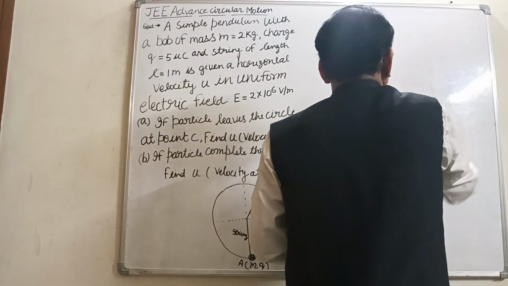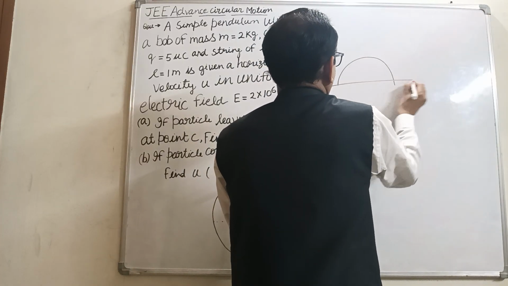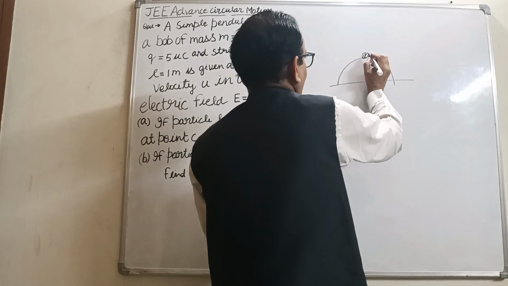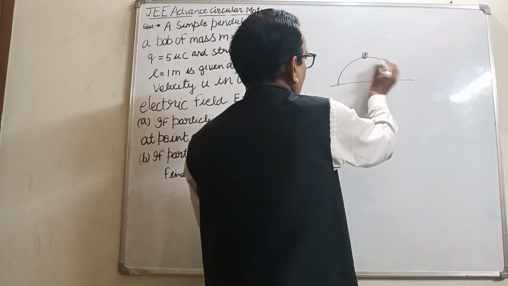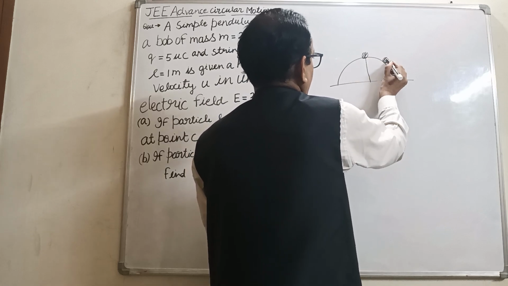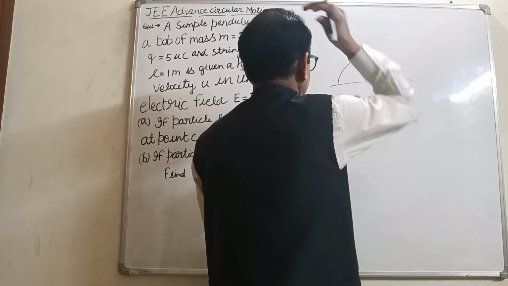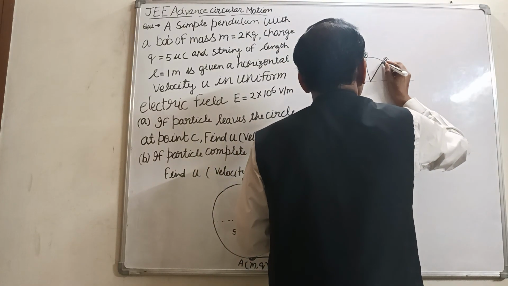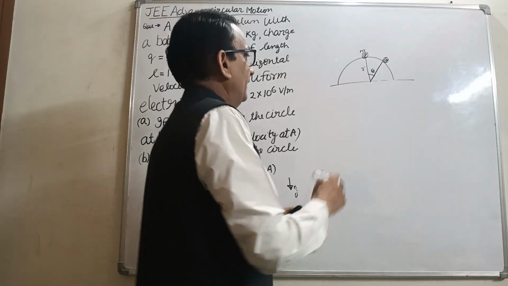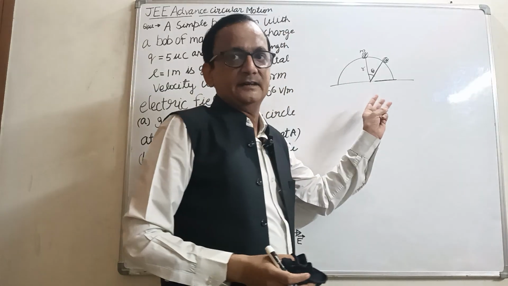Now we discuss the case of a mass on a turned ball, a bowl. This mass is initially at rest, and then moves on the bowl. Suppose the bowl has radius r. When the mass reaches here, we have to find the velocity of the mass when it detaches from the bowl. So let us understand the motion.